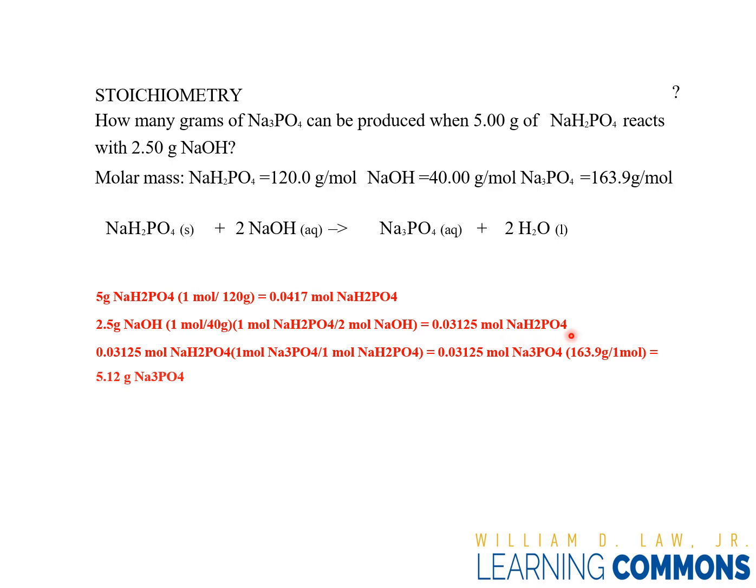When I got this mole ratio result from the two reactants, I realized the sodium hydroxide is the limiting reactant because it has 2 moles compared to 1 mole of sodium dihydrogen phosphate. And then I take the result from the sodium dihydrogen phosphate